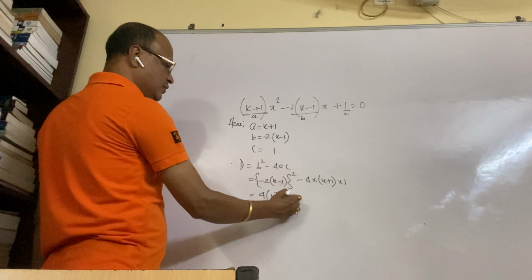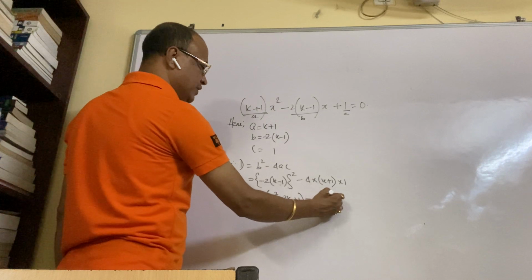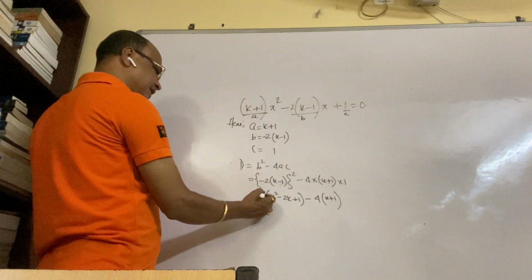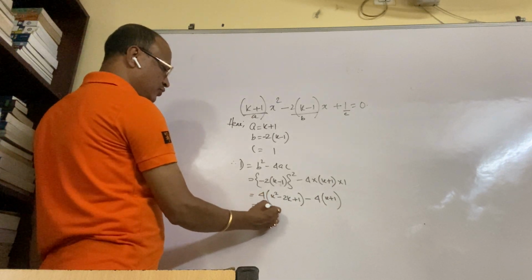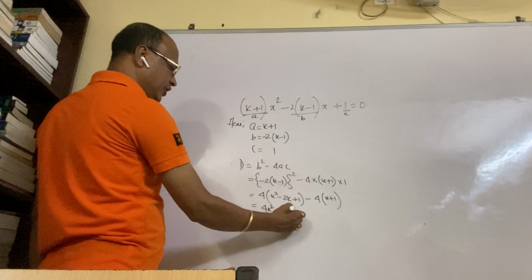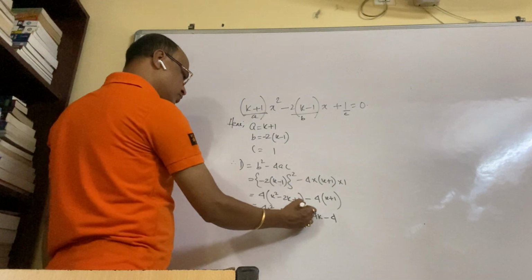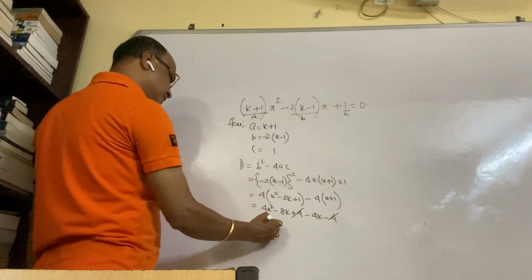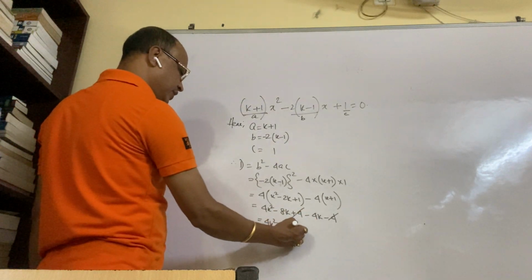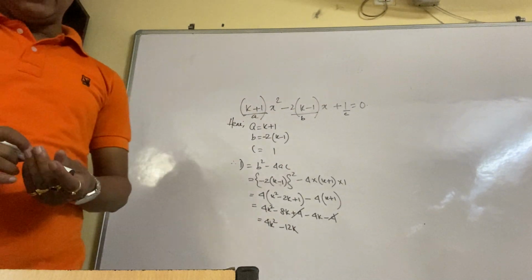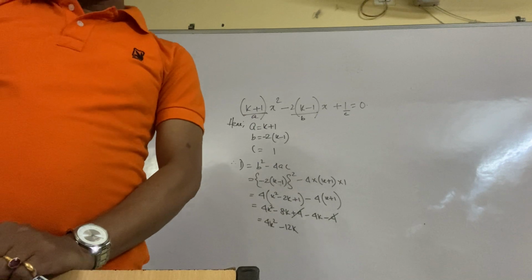So if you solve, minus 2 square is 4 and this k minus 1 whole square if you solve, so k square minus 2k plus 1 minus this 4 into 1, 4 into k plus 1. We simplify more, simplify करो. So if you multiply by 4, it is coming 4k square minus 8k plus 4 minus 4k minus 4. So plus 4 minus 4 cancels. So it comes 4k square minus 8k minus 4k is minus 12k. So this is the value of d. Always we have to simplify d. The first work is to simplify d.